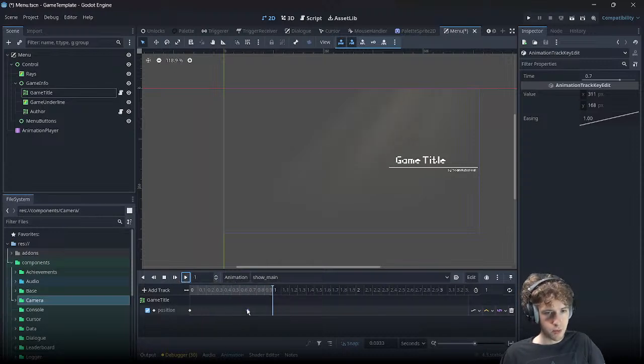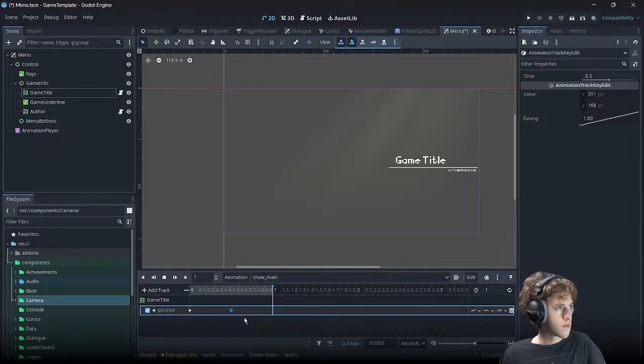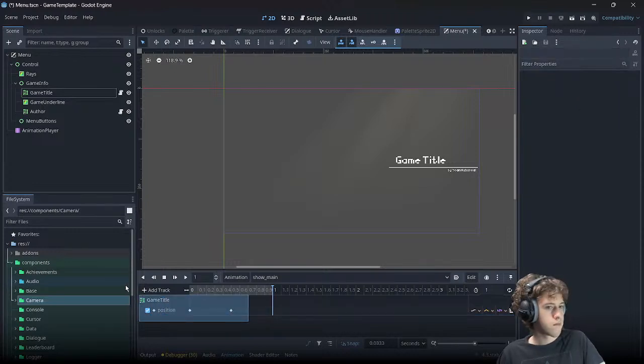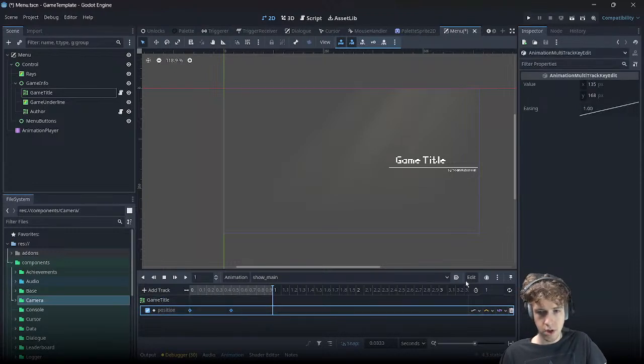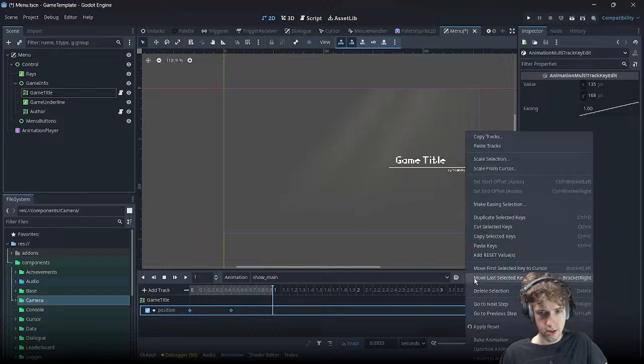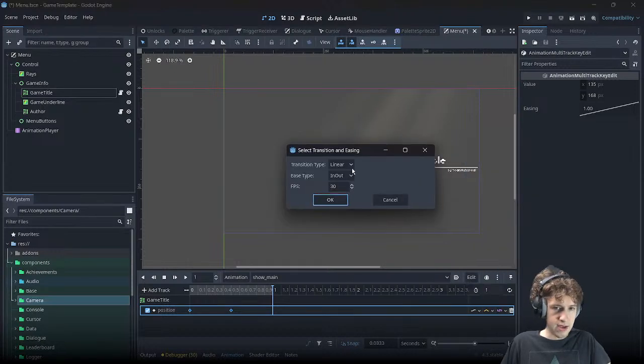Zoom in a bit so I can get more granularity. And then select these two. Go to 3 dots. Not 3 dots. I need to skin in. Edit. Okay, it's edit. Then there's some way to make easy selection. This would be